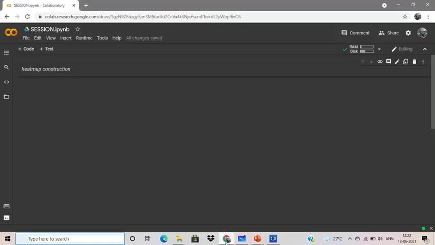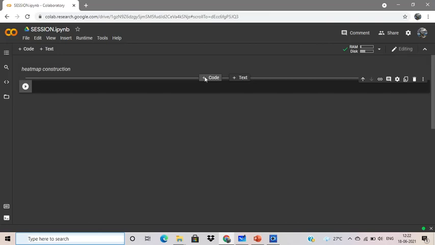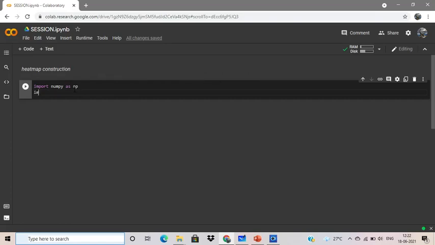Let me open my Colaboratory. Here you can see that I have connected to the servers. So let's start coding. First of all, we have to import all the libraries. I am importing the libraries. We are importing NumPy as np. So np will just represent the NumPy library, and it will reduce our time.